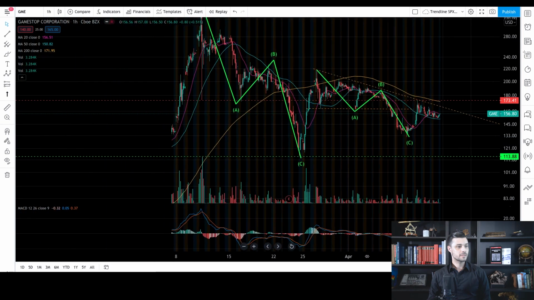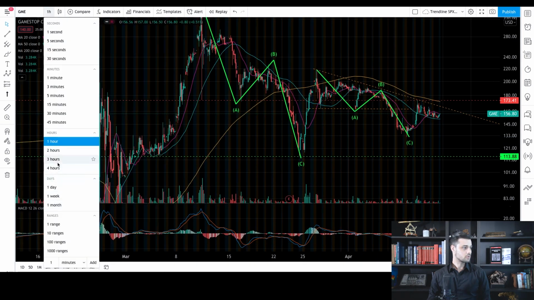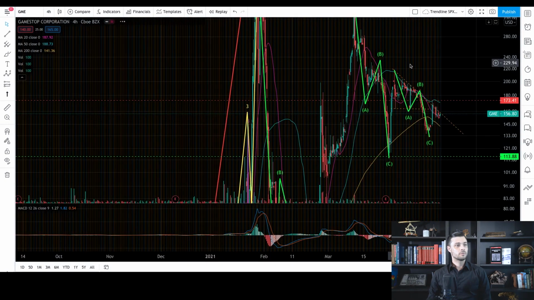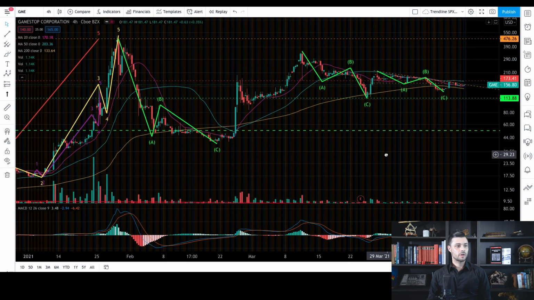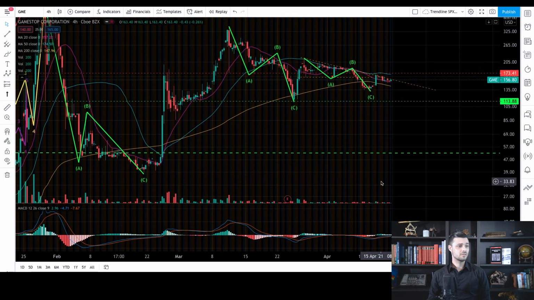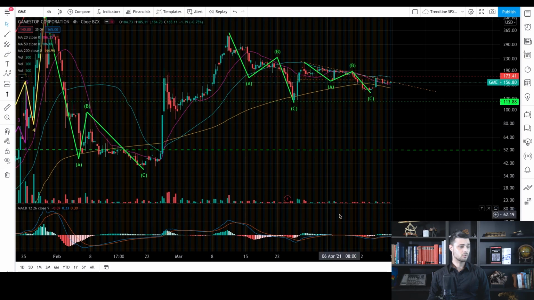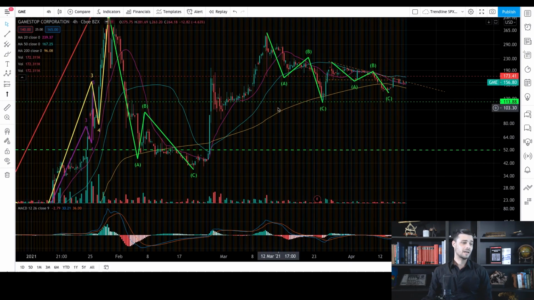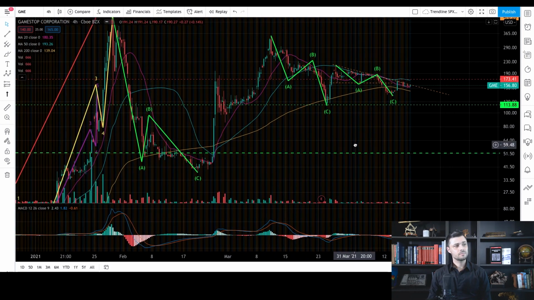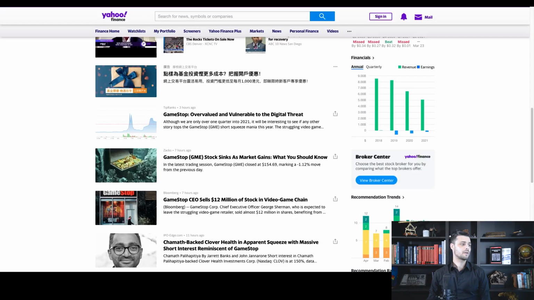I want to take a step back, so I'm going to go on the longer time frame, the 4 hours. I want to take a step back and try to make the different scenarios and see what is happening. All right, so the first thing that I see is that there is some bearish momentum on the short term. When you have a look at the news,